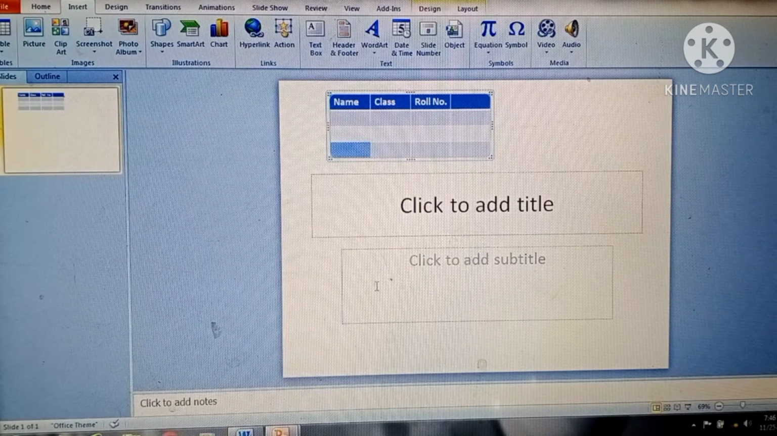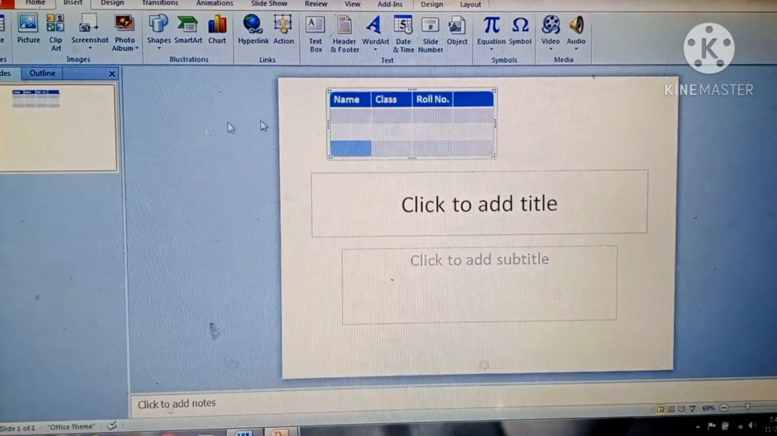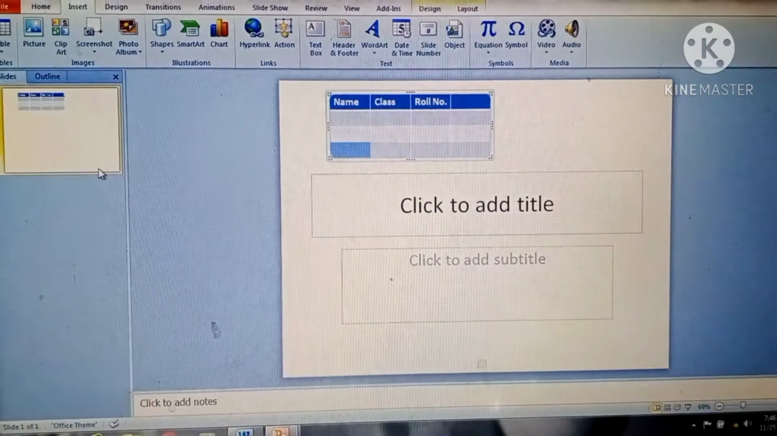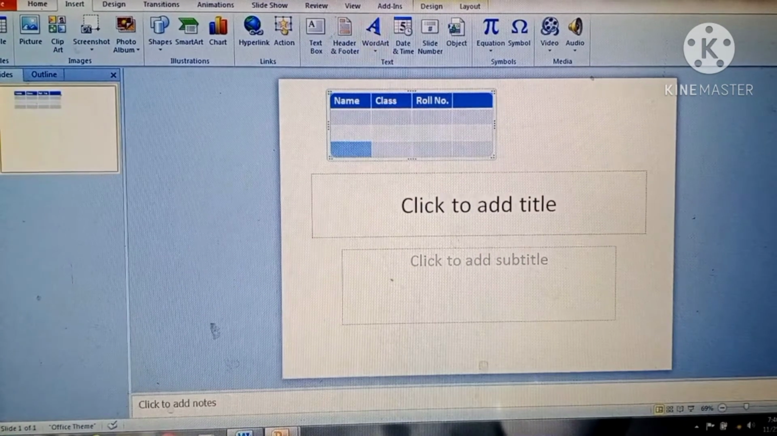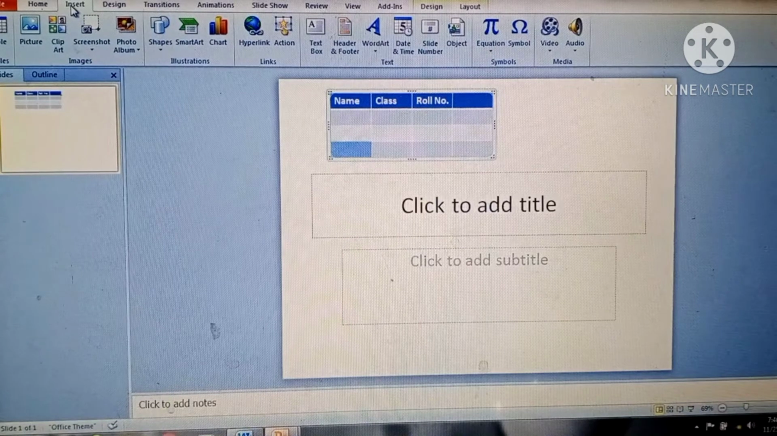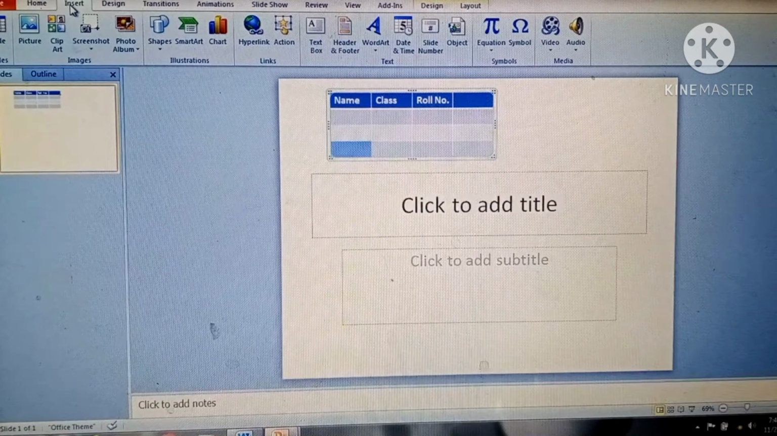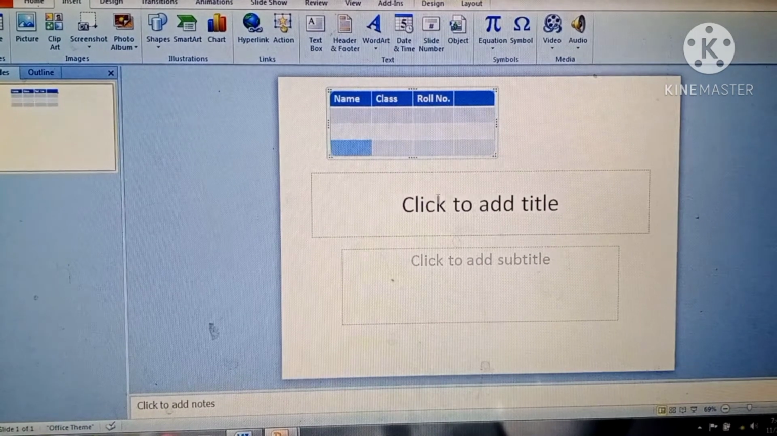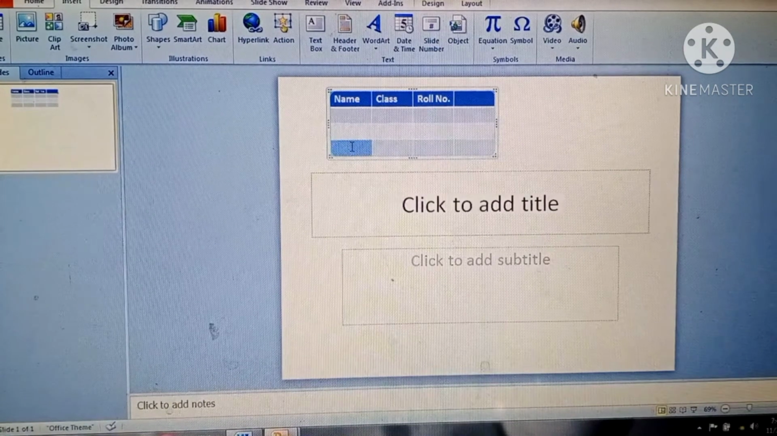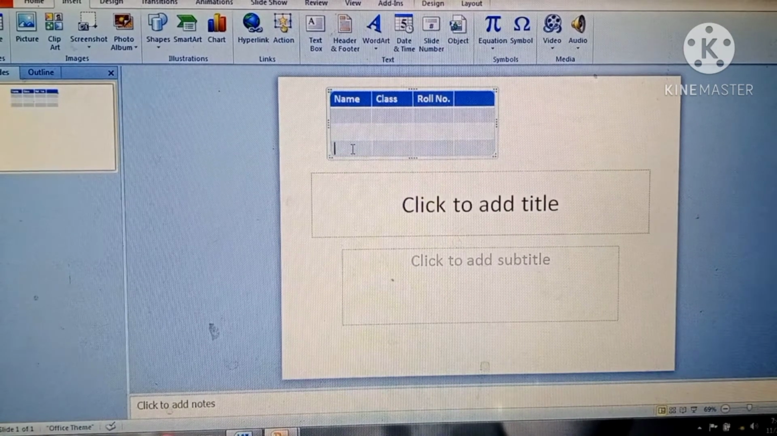Next, how you can insert rows in the tables. Suppose this is a table, there are 4 rows and I want to insert the next new row. Then click on the insert. If you want to insert the new row, जो यहाँ पे गई, इसके नीचे एक और रो चाहिए, राइट क्लिक